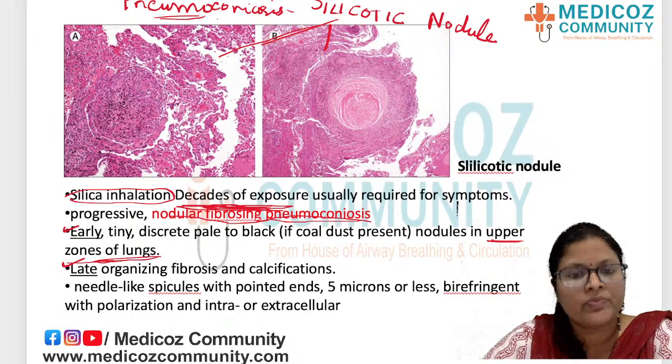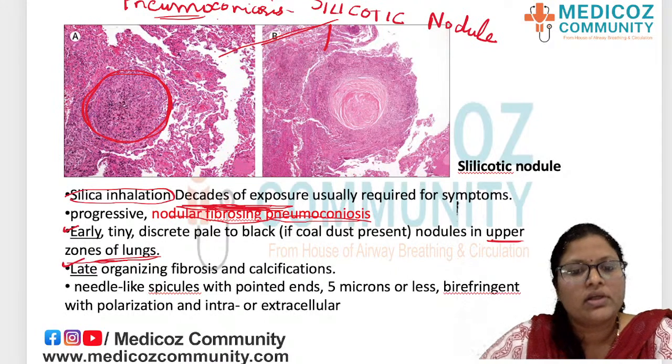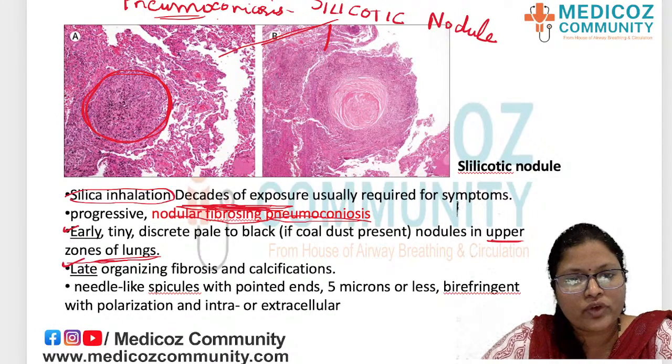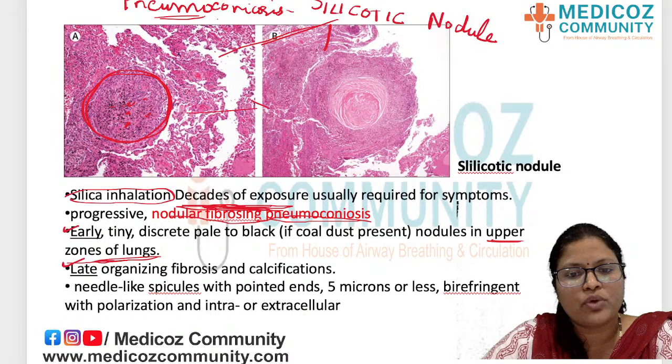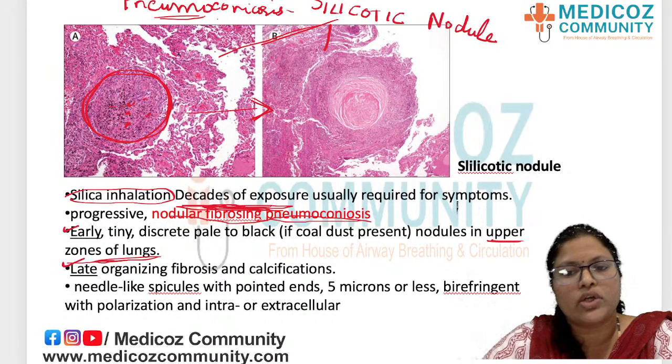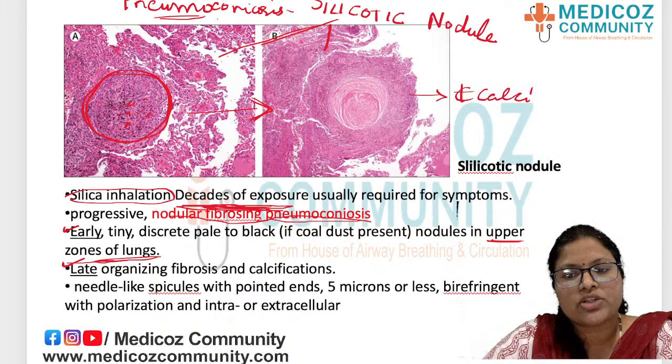It settles there. Okay. So initially it presents like this. It is an organizing granuloma here with a lot of pale black. So if you can see, there are some brown dust-like particles over here. So this usually starts in the upper zones of the lung. On constant exposure, it leads to a fibrosed stage which is called your silicotic nodule. Okay, and this particular nodule is because of deposition of silica along with long-standing calcification. So fibrosis and calcification